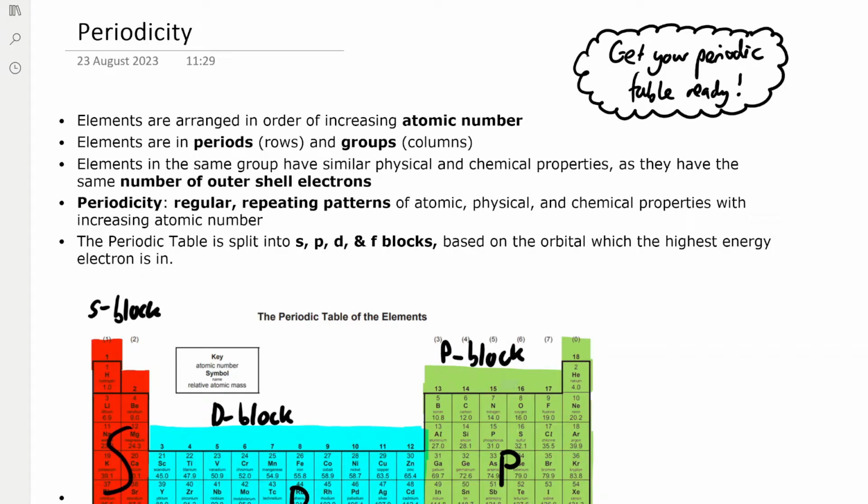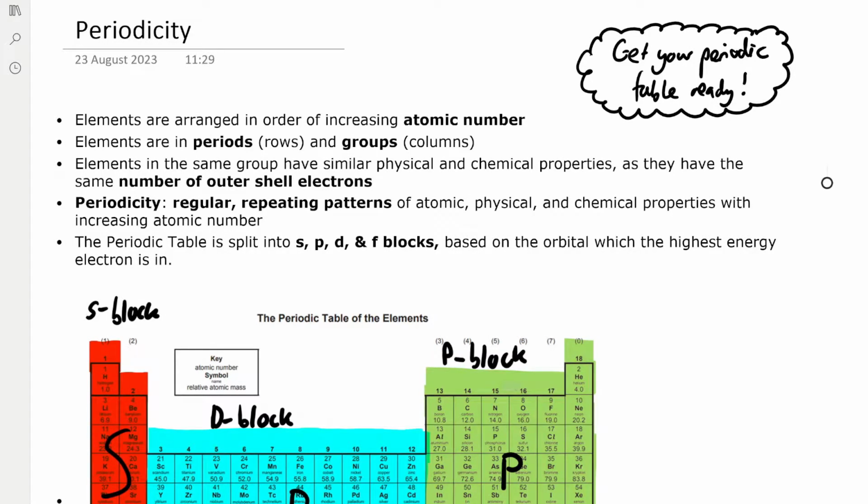Get your periodic table ready, as you'll need it as we go through the video. Elements are arranged in order of increasing atomic number in the periodic table. Elements are in periods, which are the rows in the periodic table, and groups, which are the columns of the table. Elements in the same group have similar physical and chemical properties, because they have the same number of outer shell electrons. And the definition of periodicity is the regular repeating patterns of atomic, physical and chemical properties with increasing